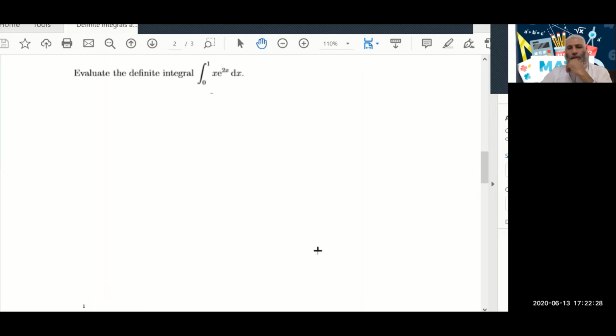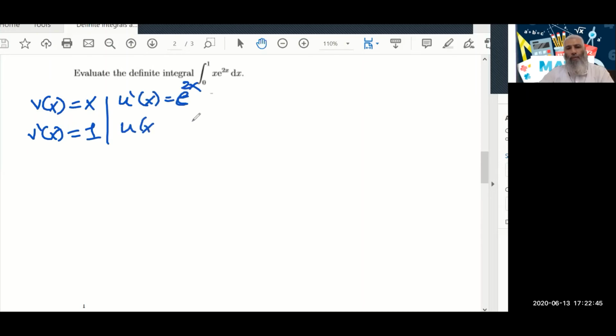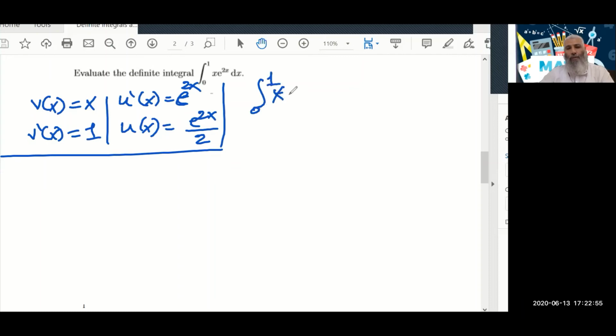Right, let's do it again. V of x is x, V dash x is 1. U dash x is e power 2x, U of x is e power 2x divided by 2. Now the integration from 0 to 1 of x e power 2x dx is